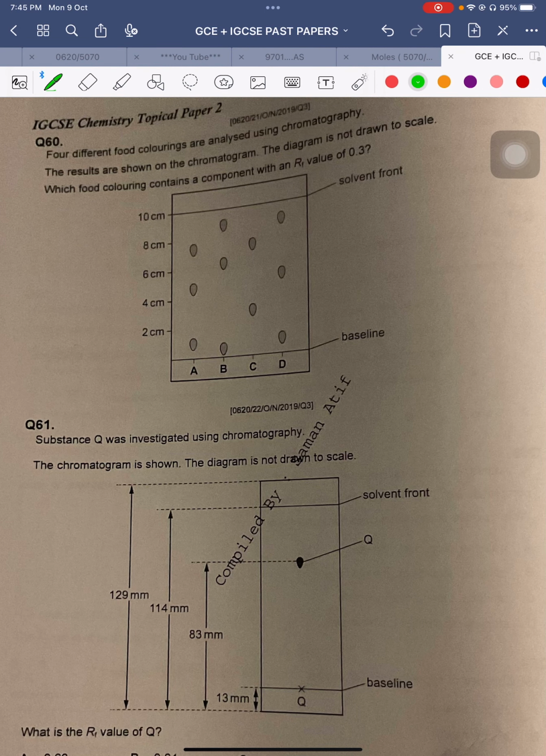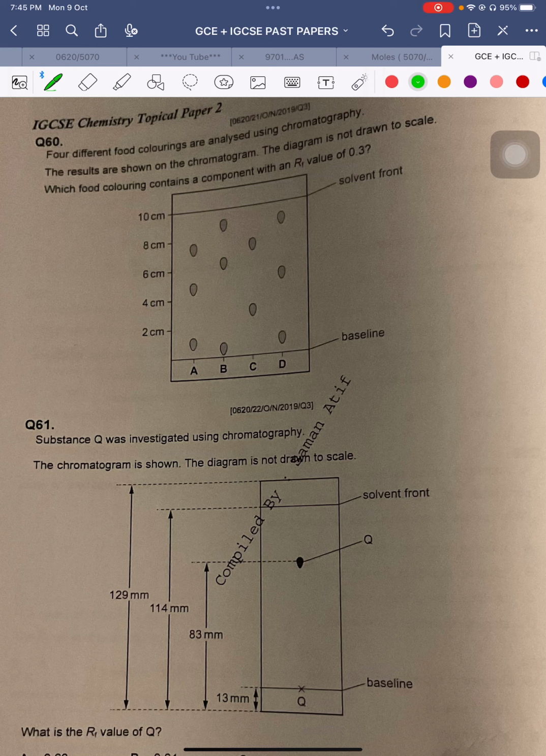Four different food colorings are analyzed using chromatography. The results are shown on the chromatogram. The diagram is not drawn to scale. Which food coloring contains a component with an RF value of 0.3? All right, so we have to find out which food coloring contains a component with an RF value of